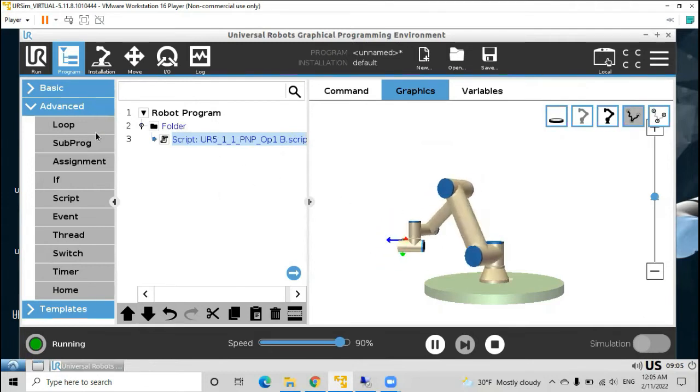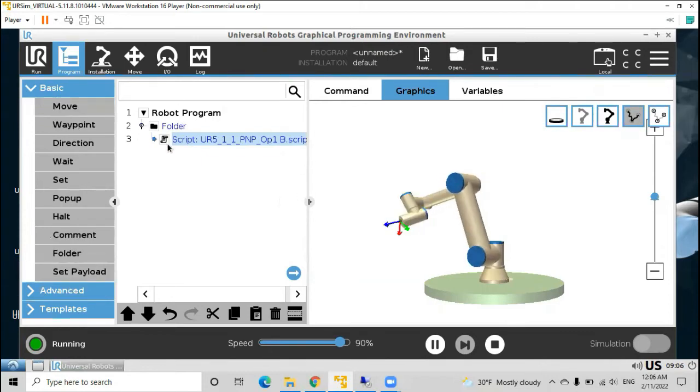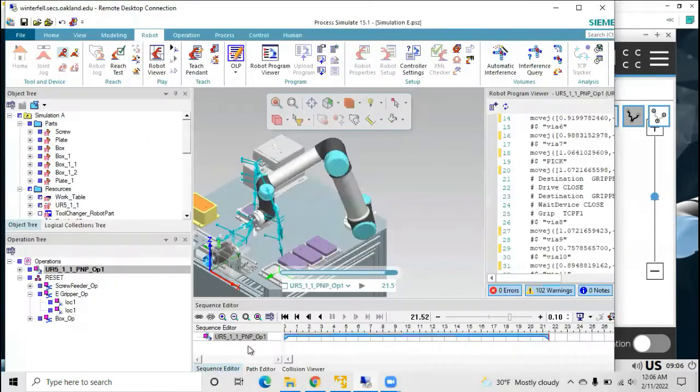Similarly, if you have created a program here the same way as you did in the certification of UR robots, you can create a program here, and then you can transfer the file to Process Simulate. So it works both ways. Either you transfer the file from simulation to the robot, or from robot to the simulation, and they both should work. And we can go back to